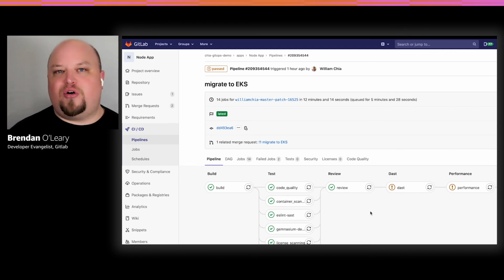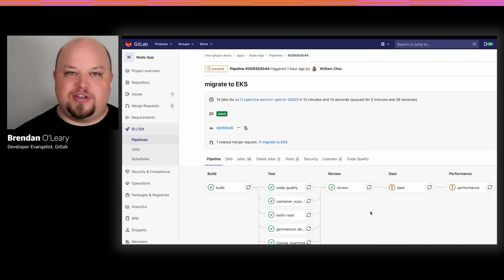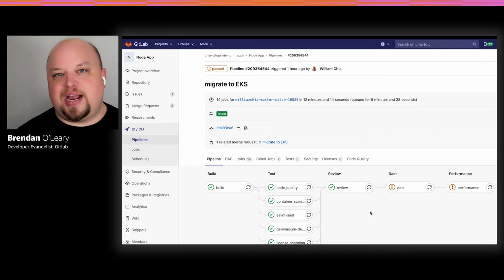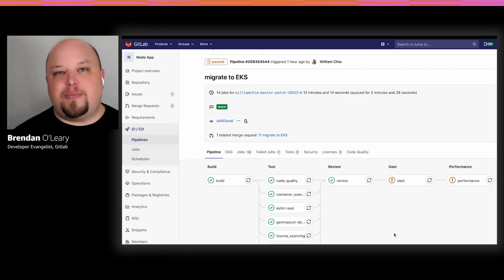William didn't have to do a whole bunch of changes to the CI to get it to deploy to a new environment. And the reason for that is what GitLab calls Auto DevOps. And so a lot of what we're leveraging here is the Auto DevOps template that comes with GitLab. And with that comes not only the ability to deploy to any Kubernetes cluster, but also a lot of test jobs that we can see here that come automatically just with any time we push new code to the application.